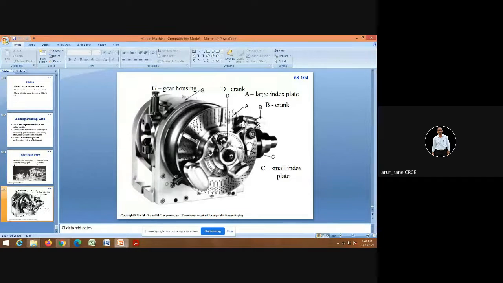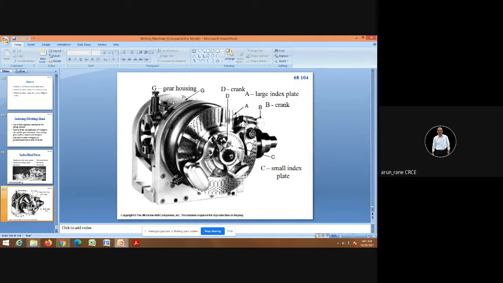So this is a crank which you need to disengage, and these are the stopping plates. Suppose you want to index through, say, 16 holes, so you have to mark this plate at every 16 holes. This is in the beginning only. Then you go on releasing, that is, disengage this crank, rotate, come to the next stopping plate, engage this, and perform the milling.